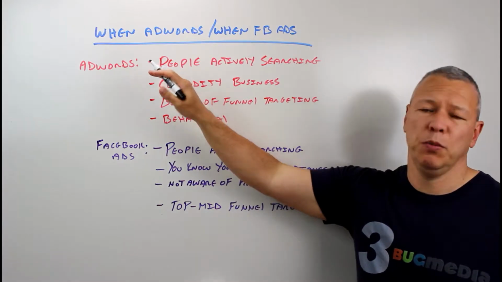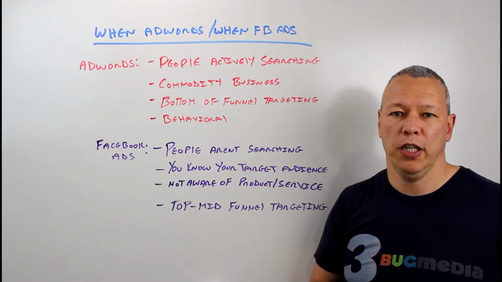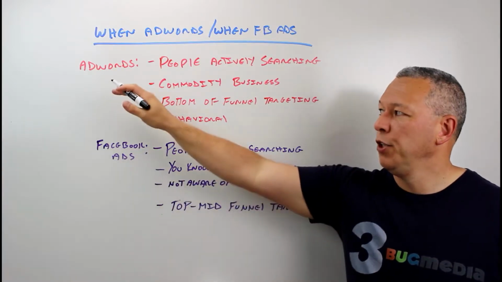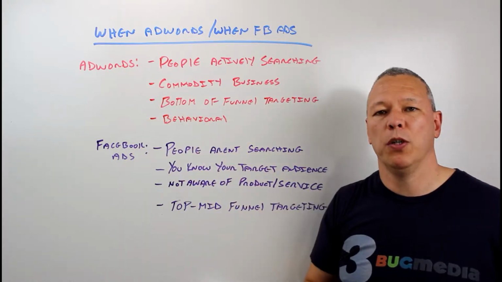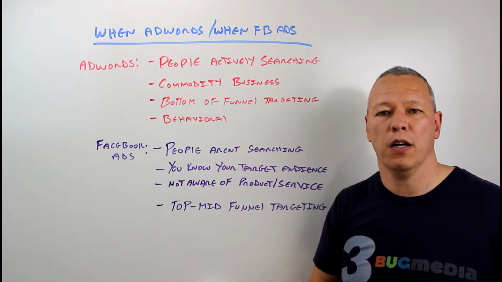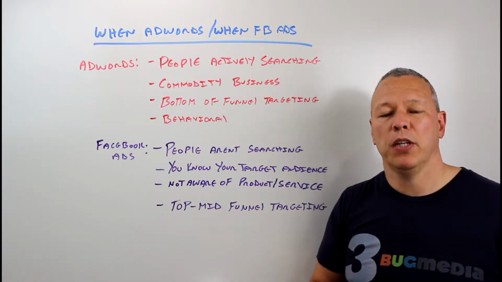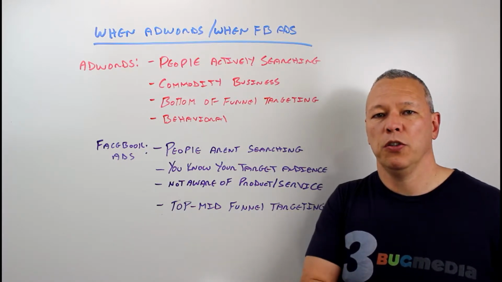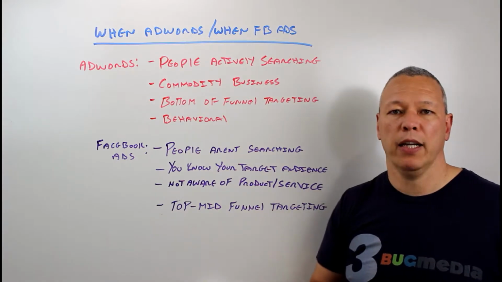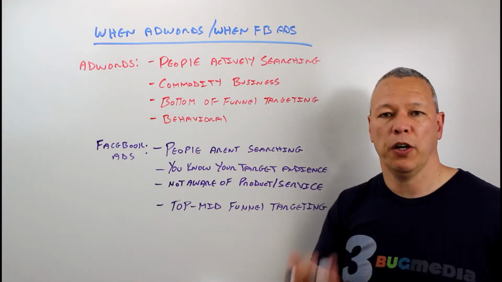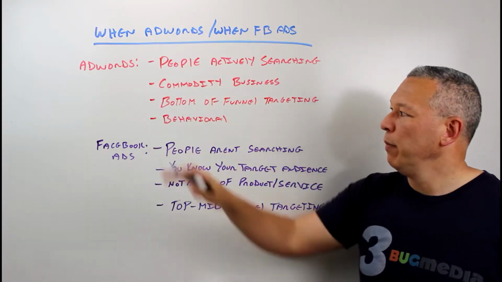One of the big differences between Google AdWords and Facebook ads is that people are actively searching online, and it's needed in order for Google AdWords to trigger your ad. People are always going to google.com or google.ca, whatever country you're in. They're doing a search, and then based on the keywords that they used, Google AdWords is serving them ads related to what they searched for. So it's predicated on people actively searching all the time to trigger these types of ads. And that's very different from Facebook ads, which we'll talk about in a minute.